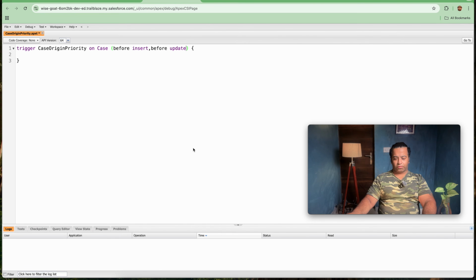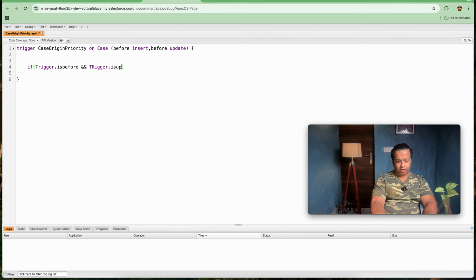Since we have written it, I will be checking it with the context variables, that is Trigger.isBefore and Trigger.isUpdate. And here our update and insert operations work similarly.